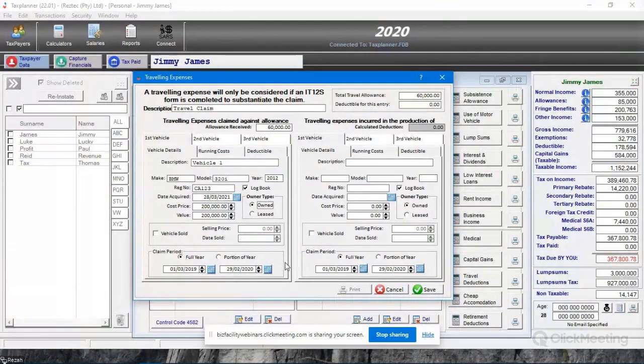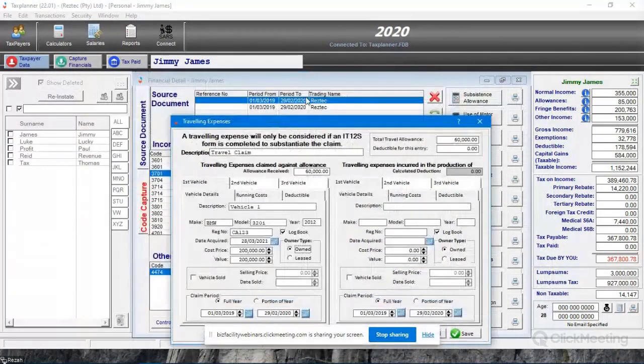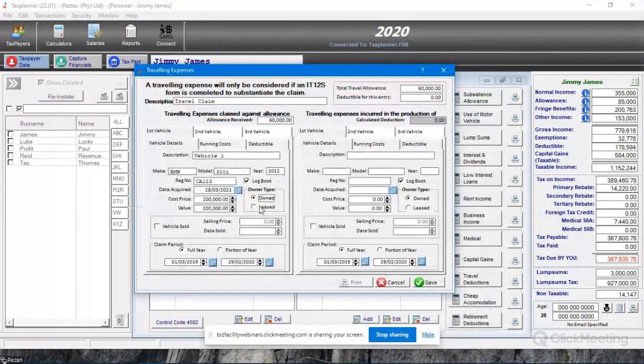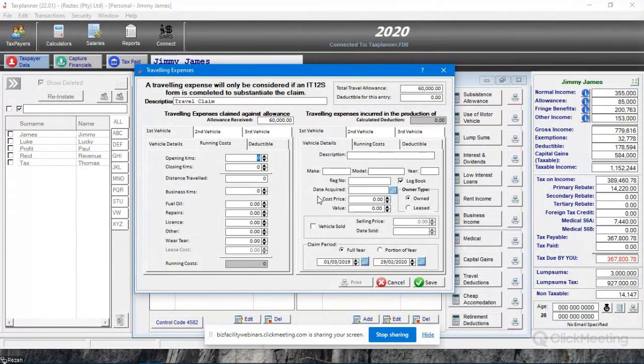And then again, the period that's specified here will be limited to the period that you specify on the source document above. Okay. Running costs, specify the opening kilometers, closing, business, fuel spend expenditure,